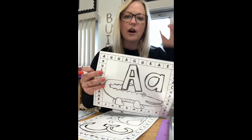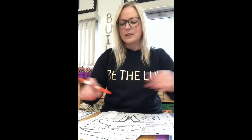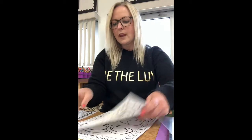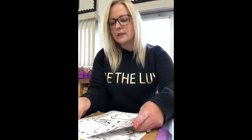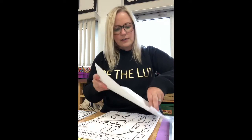So I encourage you not to write on the sheets, to use it on the sheet protector, because that will help this resource be used more than once, okay? And they're double-sided, and you have all of the letters of the alphabet for that one. Okay, and then the next one that we have